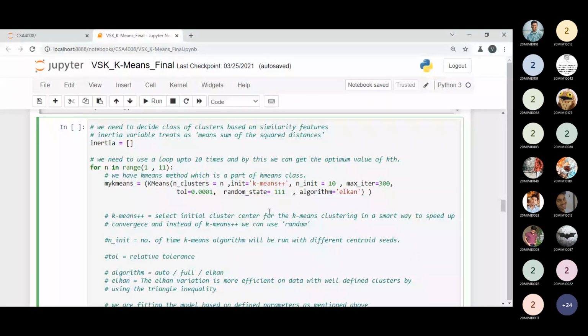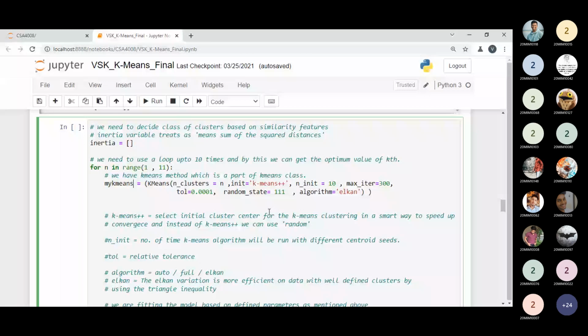As the initialization method, we are choosing the cluster centers by applying the k-means++ algorithm. n_init equal to 10 defines the total number of times the k-means algorithm will be run with different centroid seeds. It is optional, but if you need it, you pass whatever value you want. So n_init equal to 10 means the number of times the k-means algorithm will be run with different centroid seeds. Now, max_iter: what is the maximum number of iterations you want? You can take 300, 200, 500, whatever you want. It's your choice.